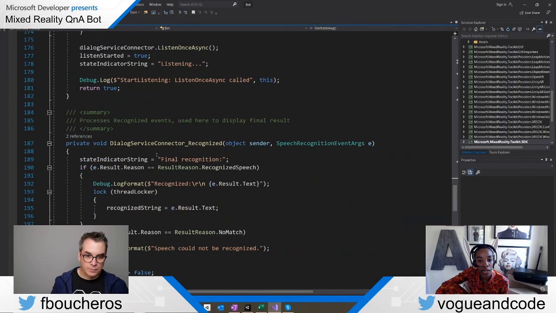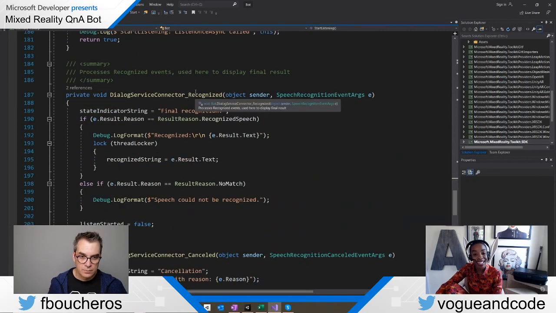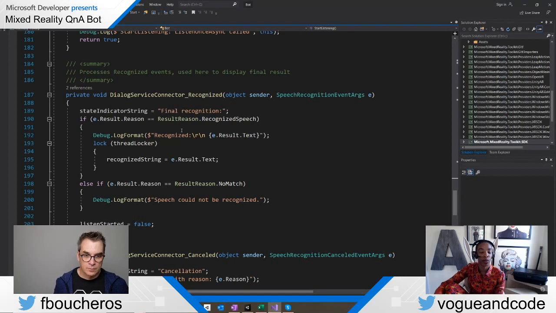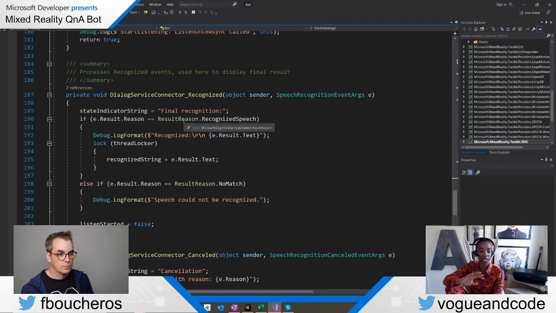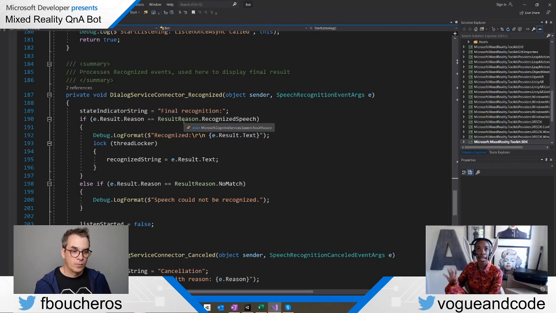Then we are getting what's recognized. Whatever it was that you said, Azure is giving us back what it heard. I didn't quite show that in the demo, but off to the right, there was the canvas, and it showed whatever it was that I said. And again, I like to use that when I'm trying things out to confirm that things are working properly, but